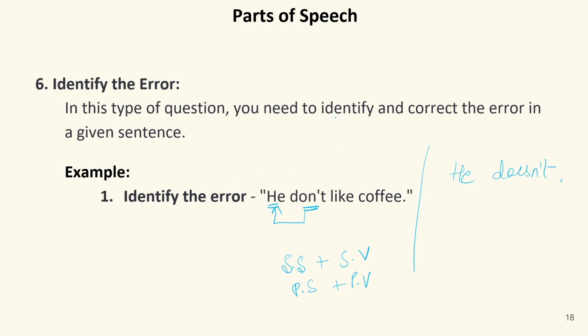Now in this sentence, you have to only identify the error. You don't have to rectify it. You need not rectify it. You just have to identify the part that contains error. So if I further divide it in this part, A, B, C, so we can say A part contains the error, or we can say this part contains the error. But if it is given in sentence improvement form, you will be asked to substitute the underlined part with the correct option. So don't will be replaced with the word doesn't.